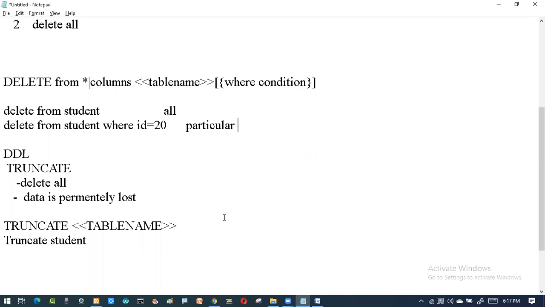Sir, there is no where condition for the truncate command? Yes, ma. For the truncate command, there is no where condition. Just wait, ma.